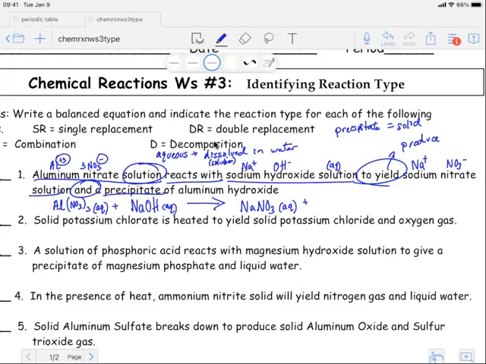So it forms a solid. That's a precipitate. And a precipitate of aluminium hydroxide. So again, aluminium is +3. Hydroxide is -1. So our formula is Al